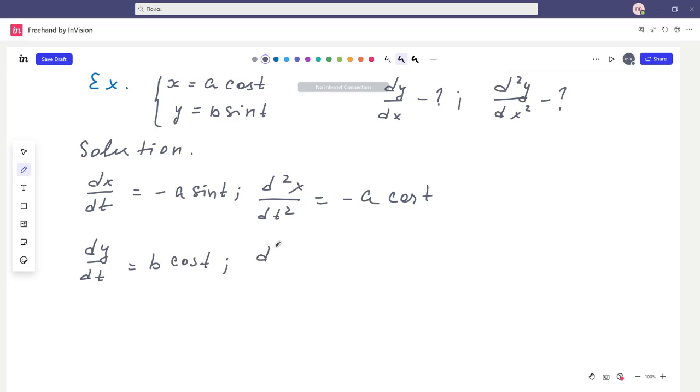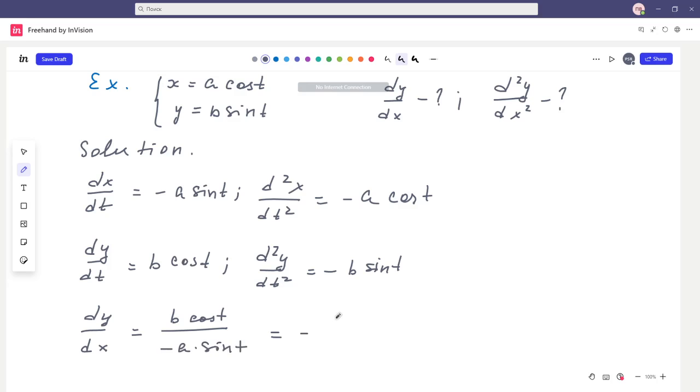The second derivative of y with respect to t is minus b times sine of t. It means dy over dx is b times cosine of t over minus a times sine of t, or minus b over a times cotangent of t,